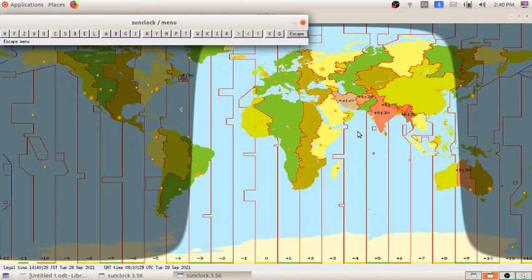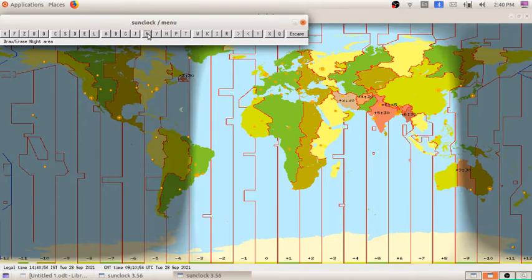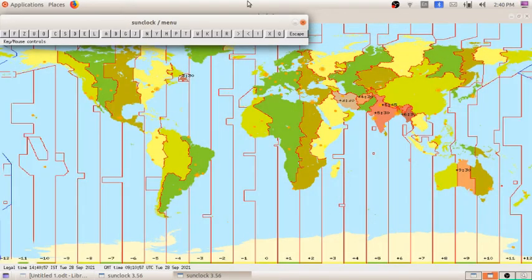So one more difference you can notice while calculating the time. So I will be doing this activity once more. For that what we have to do, on page number 73 it is written, click continuously on the toggle night tool to hide day and night. Okay, so here I am making the change by clicking on the menu N. So now you can see the day and night difference, and now you can see the whole thing full of light. There is no darkness in the Sun Clock software.